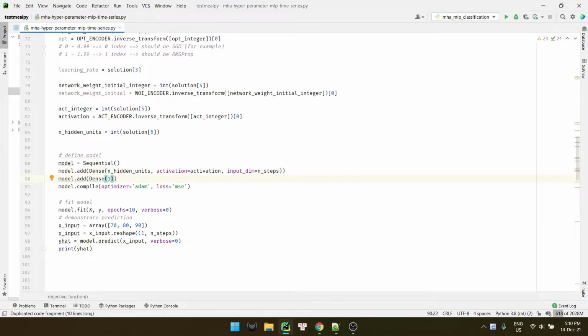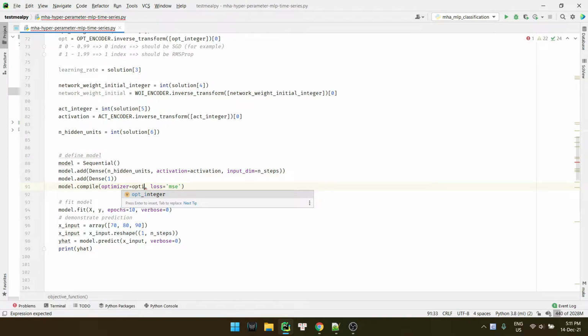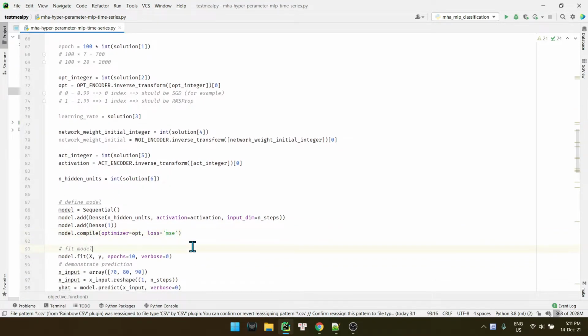And the optimizer should be optimizer right here. And the loss function, okay, we haven't optimized it. We don't want to optimize the loss function. We just use this one.